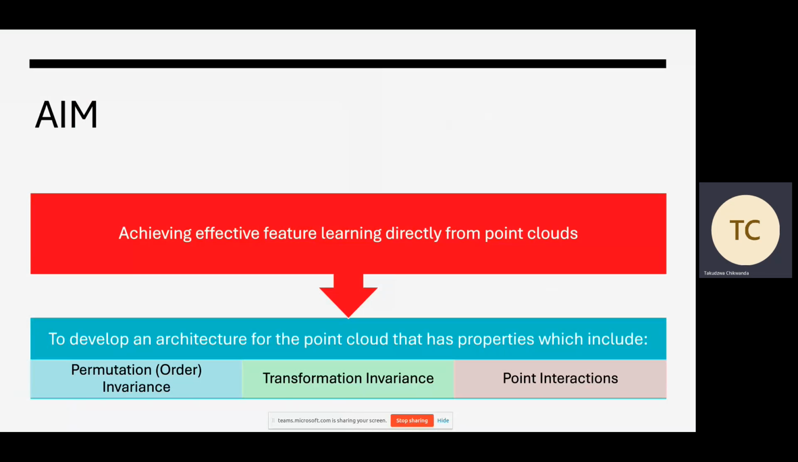So the main problems that are still there are the reason why automated driving is not yet 100% safe. It's because of these three factors. Point clouds,